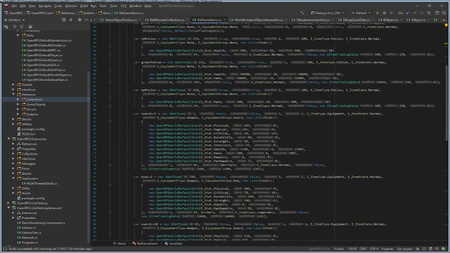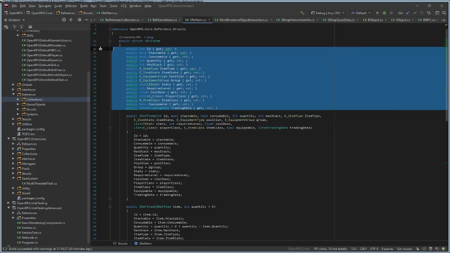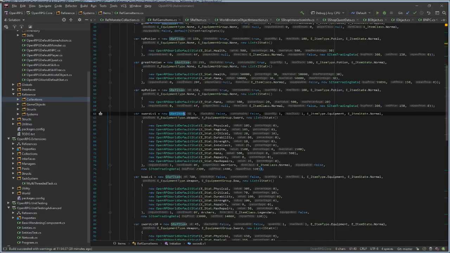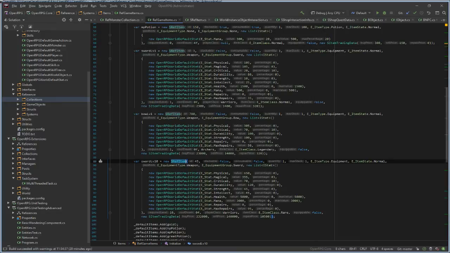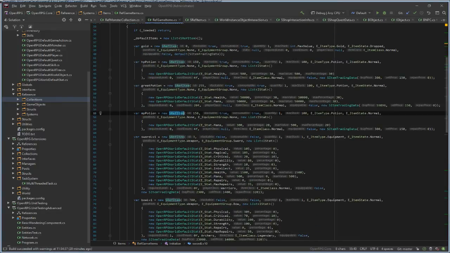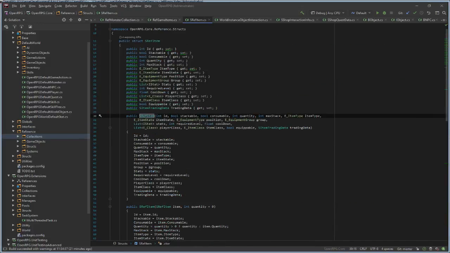For all reference types, I use JSON, but I have serializable structs. So I'm not just using the IObject class or base item class and serializing it. I just have custom structs for all game types.